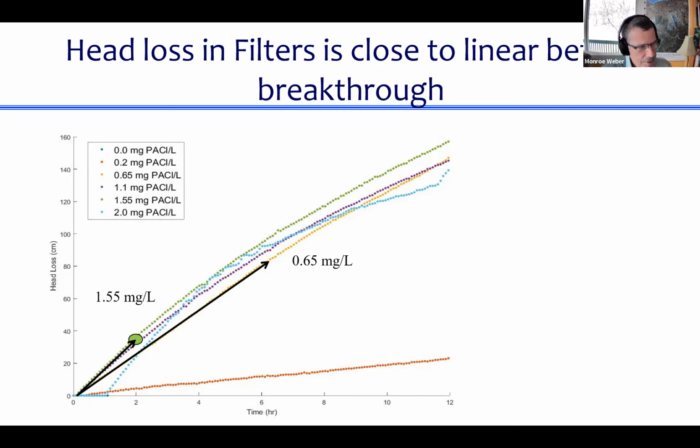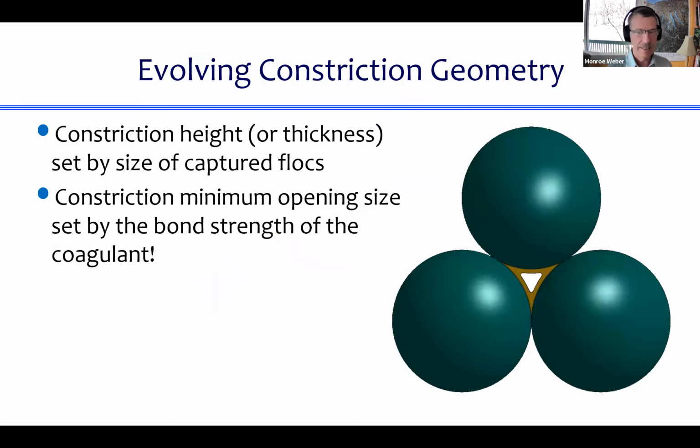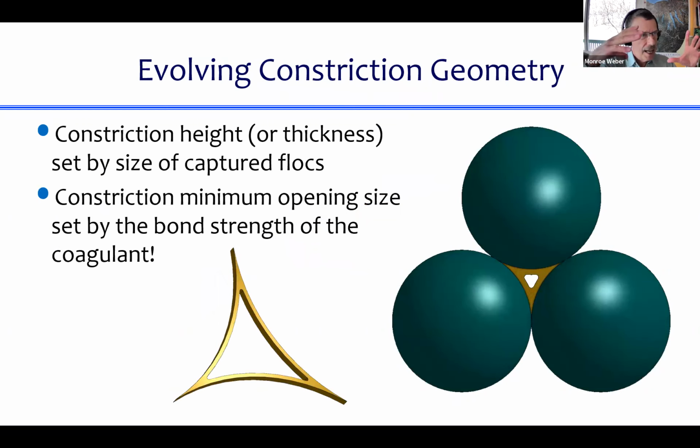Does that seem surprising to you? Like, think about how complicated this is. In the previous slide, I showed you this, constrictions getting smaller and smaller. That process of constrictions getting smaller and smaller has a very nonlinear effect on head loss, right? As this constriction is getting smaller, head loss is super rapidly ramping up